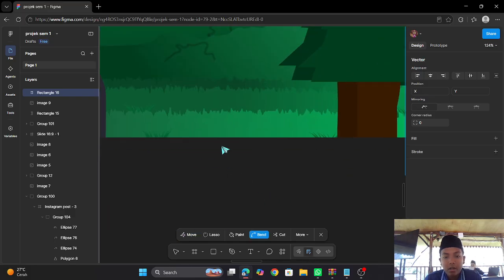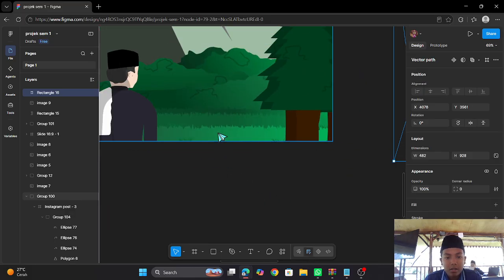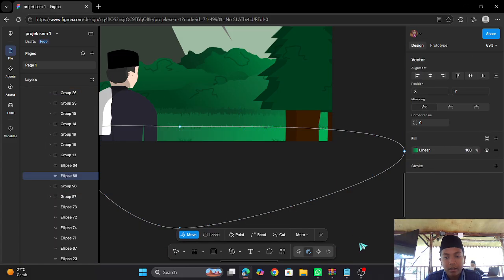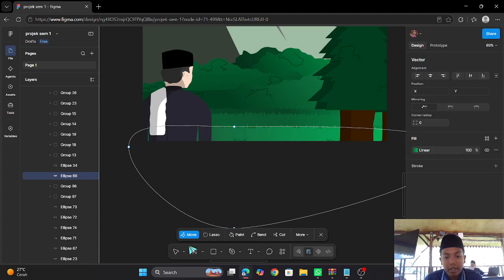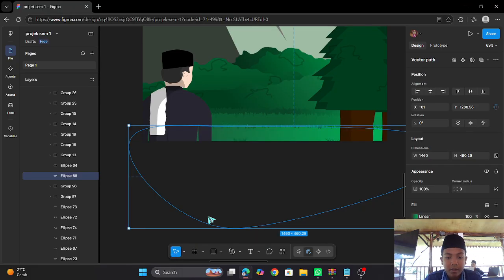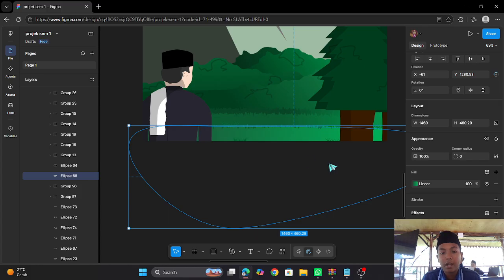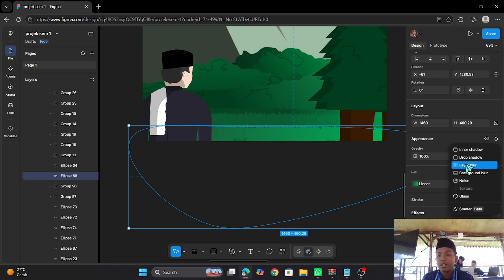And now you might ask how I make this grass. So this grass, I make using the texture. There are effects that you can search for: inner shadow for the shadowing like this, and drop shadow for the shadow below.